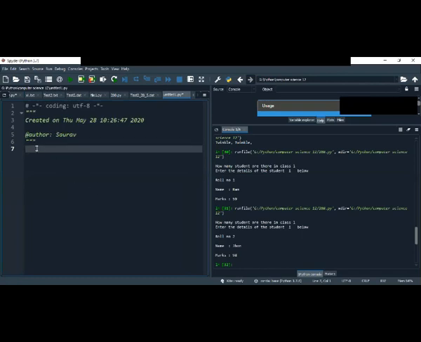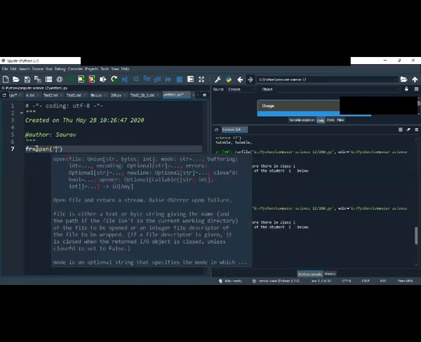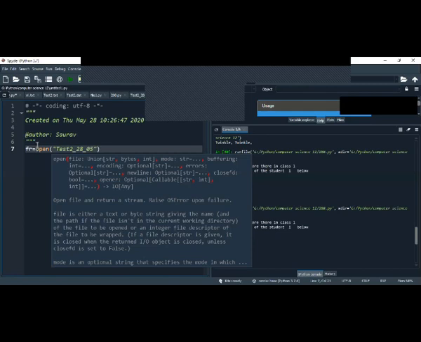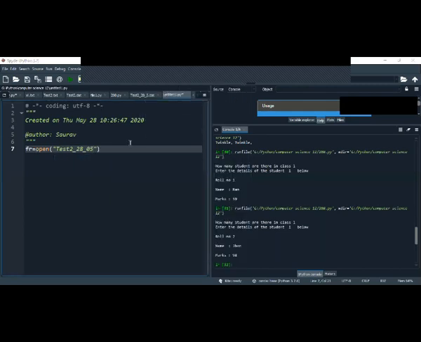I need to open fr equal to open, name of the file. The name of the file was test2 underscore 2805. Now, did I give any mode to open?